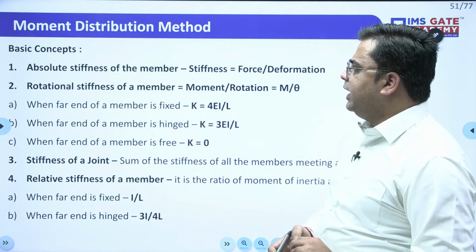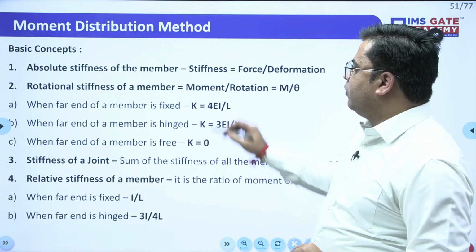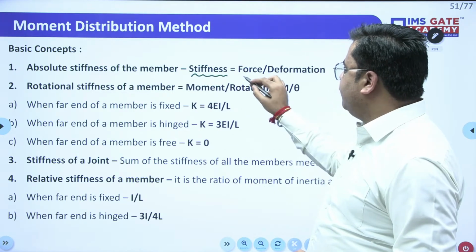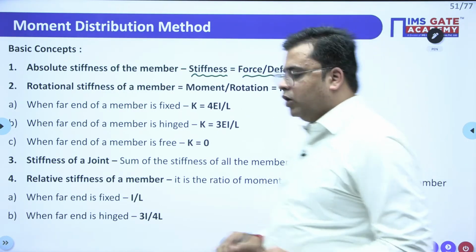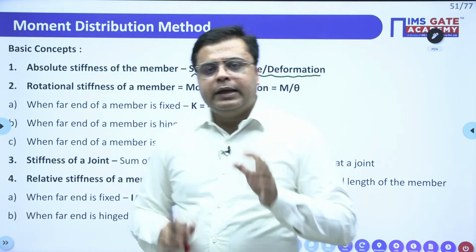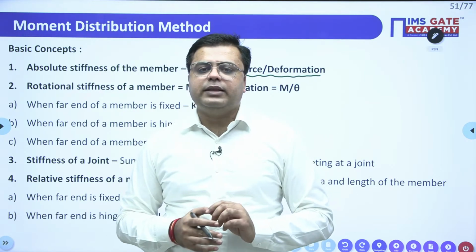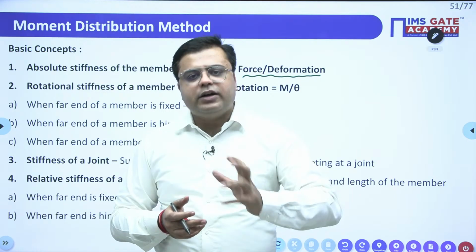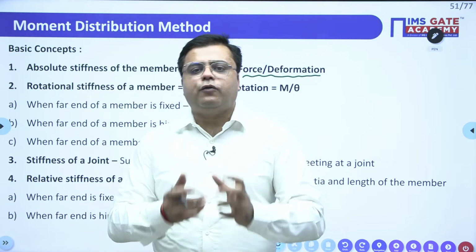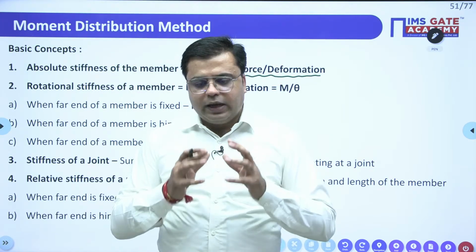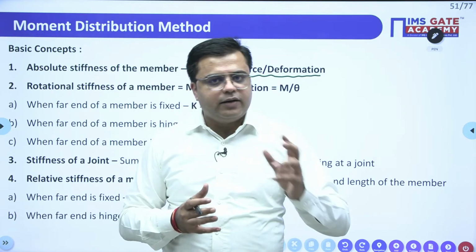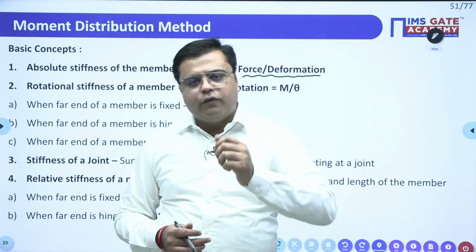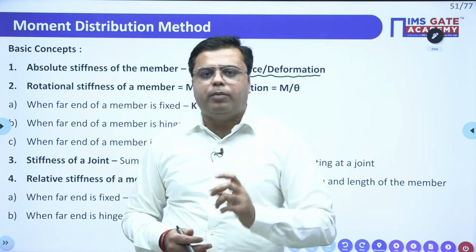First is the absolute stiffness of the member. By absolute stiffness we mean that stiffness is basically the force per unit deformation. Or you can understand it as: if we want to deform any member by unit deformation, how much force do we need to apply? So any kind of stiffness is directly related to unit deformation. It is the total amount of force required to deform a body by unit,